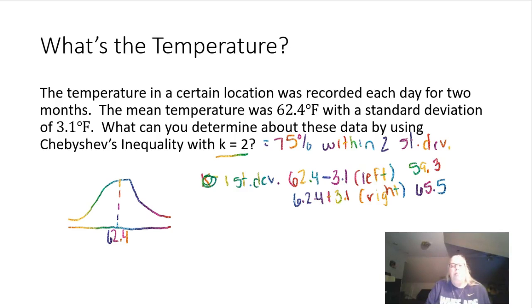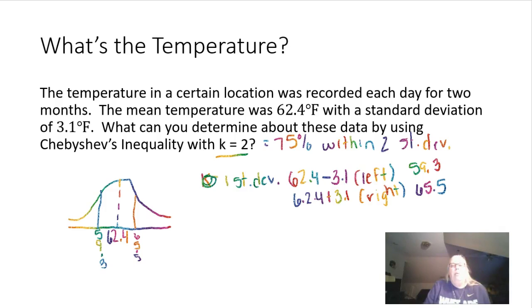And so over here on my picture, 1 standard deviation to the right, this is going to be 59.3. And I'm writing these vertically because I'm not going to be able to fit them all in there. And then, whoops, I just did that wrong too. Let's erase that. All right, let's try that again. To the right, we had 65.5, so 65.5. And then one standard deviation over here to the left is